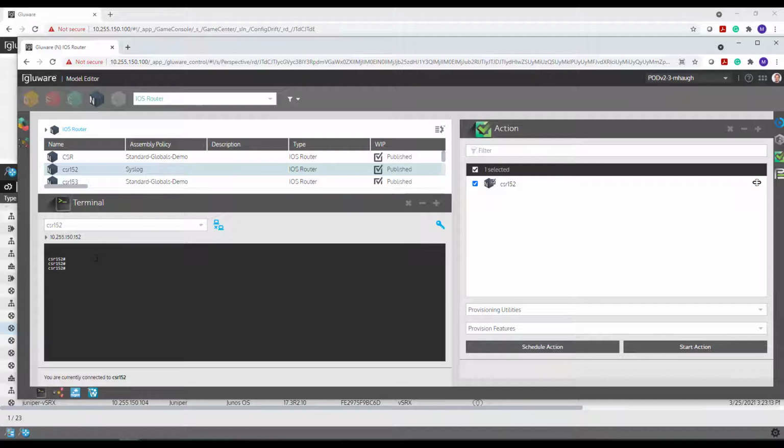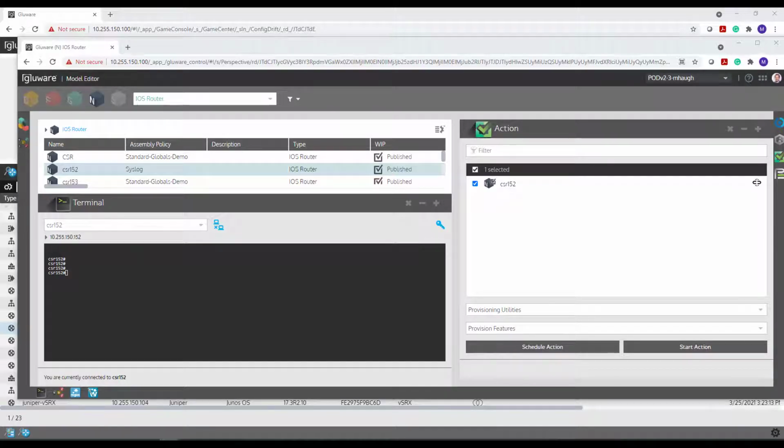So I am on the command line of this device. And now what I want to do is make a couple configuration changes to trigger the syslog. So I'm going to come in here, I'm going to go into config T. Just going into config T and exiting will trigger the drift, but I want to actually highlight, I'm going to